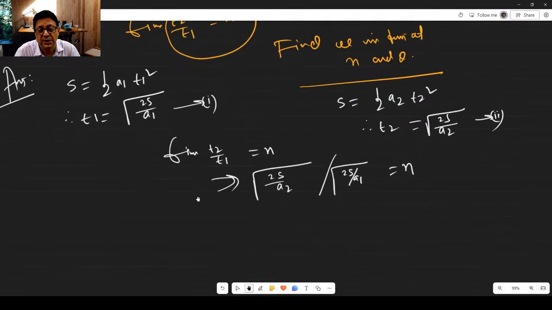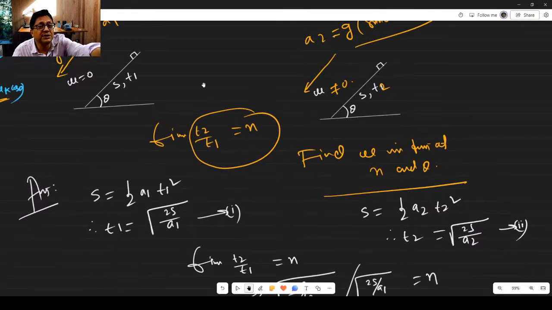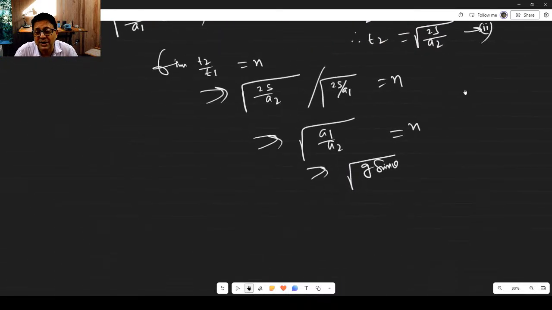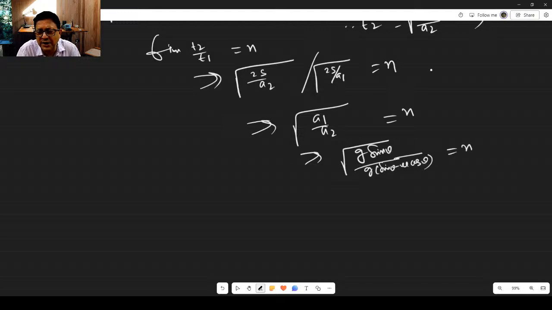Clear? So this implies under root A1 by A2 is n. Put the value of A1. What is A1? g sin theta, I have written before. You can see that. A2 is what? Please check, have I done correctly? Yes. This is okay? g sin theta by g into sin theta minus mu cos theta is n. So this implies